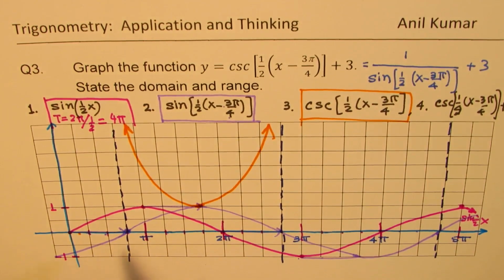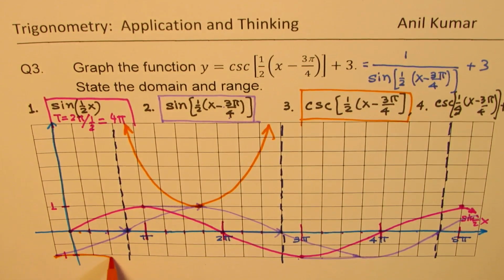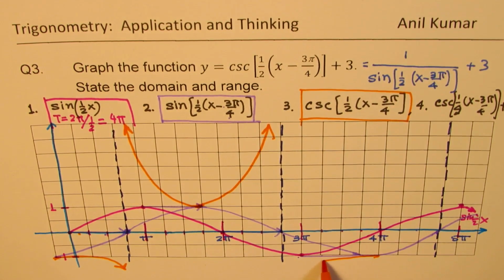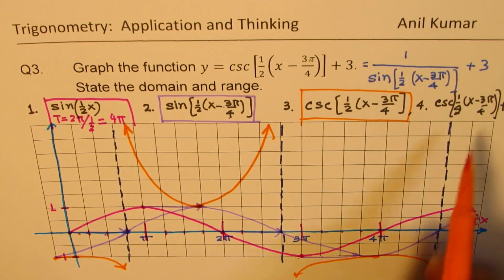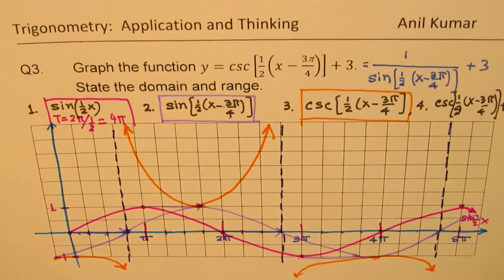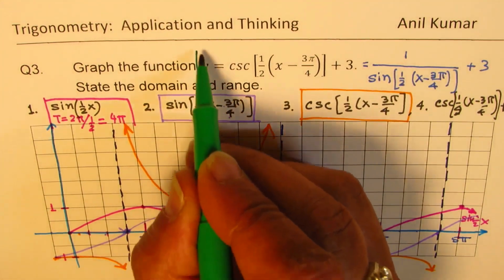On this side also, the negative portion will come from here, going downwards. Now this is kind of not in our scale, but I hope you understand how we are going to draw it. Once we shift 3 units up, this will be absolutely clear. Is it okay? So we have our reciprocal function, and now finally let us get our function